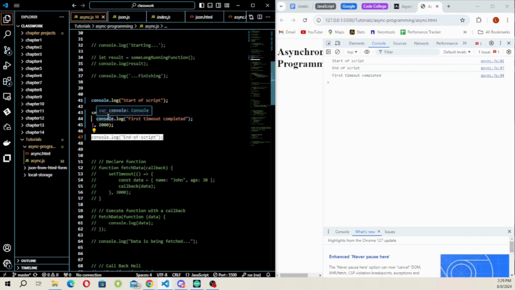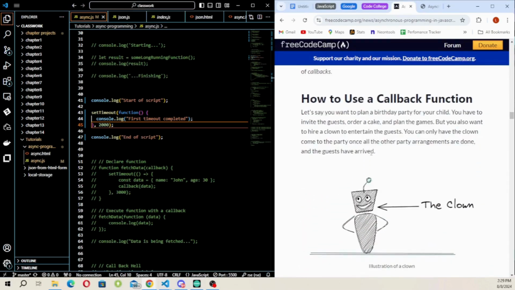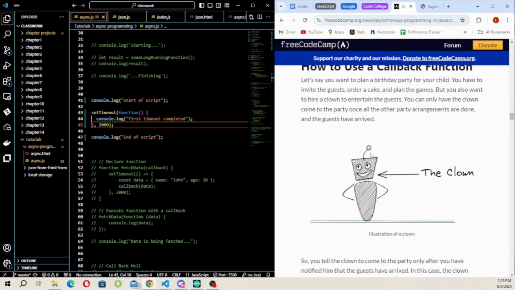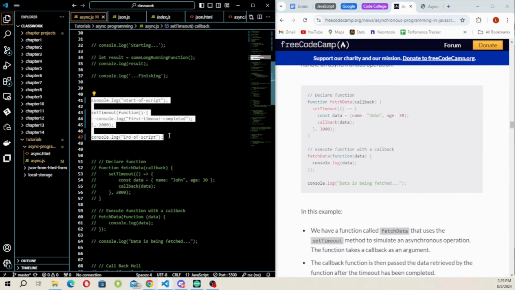And then when this was done, instead of it being logged second, it was logged third, it was logged last, because this is happening asynchronously, it's not happening in order, right? So if I just move on, now we're going to go into our callback functions, right? So in our callback functions, I have this example here,